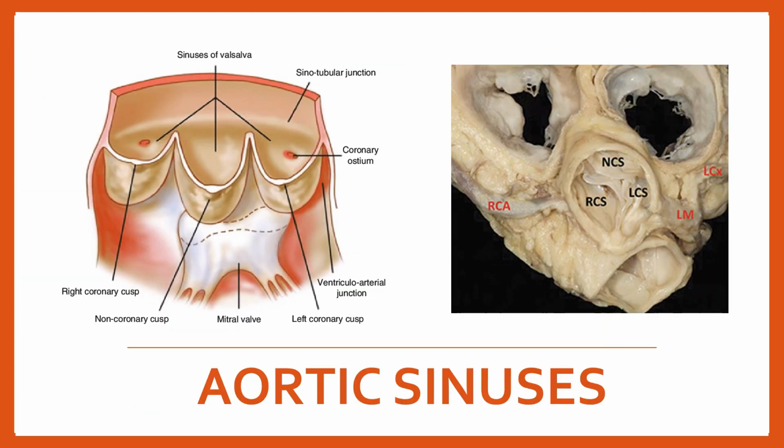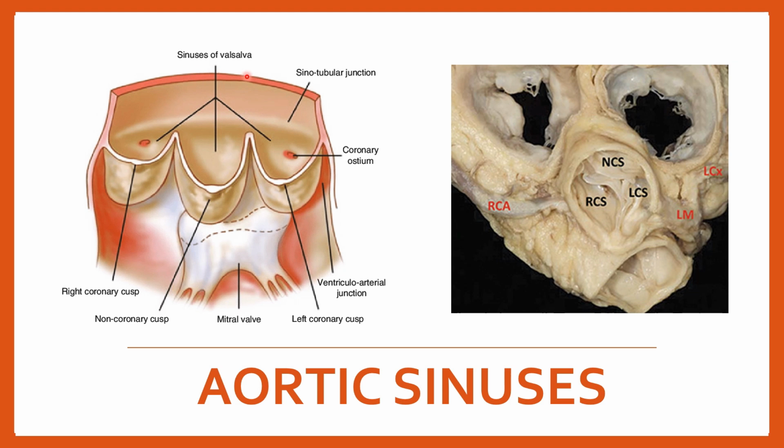Before we begin with the coronary arteries, let's understand the site of origin of coronary arteries, known as aortic sinuses. The aortic annulus is guarded by three semilunar cusps. One is in front, that is the anterior one, and two behind, they are the two posterior ones. Above each of these cusps, the ascending aorta presents a dilatation, and these dilatations are known as the aortic